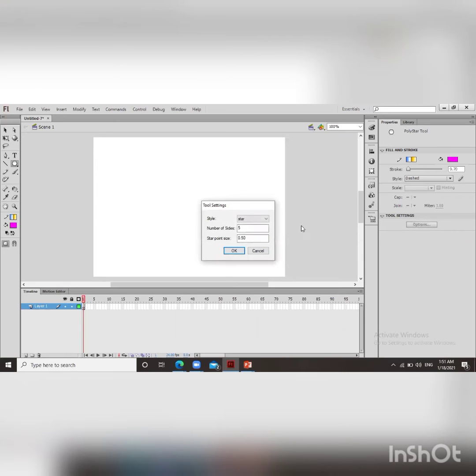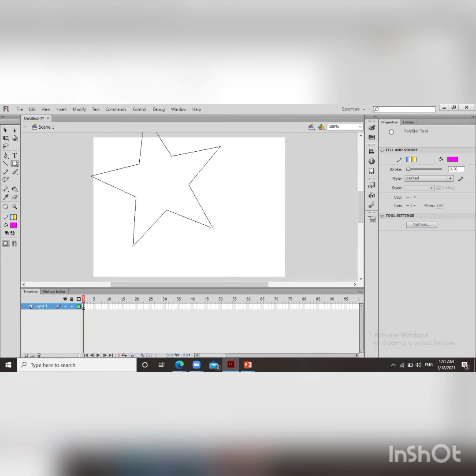As in the previous video, I have already explained this polystar tool also. Through the tool settings, we can choose either polygon or star. Under the style, the number of sides and star point size you can change according to your requirement. Click on OK. Now just draw a star.